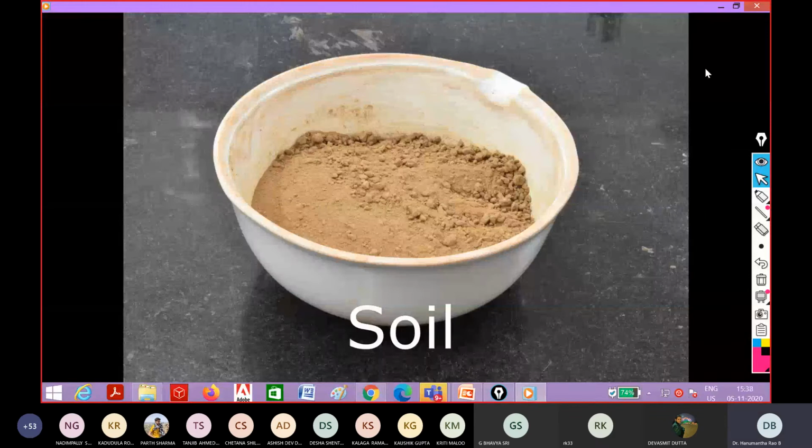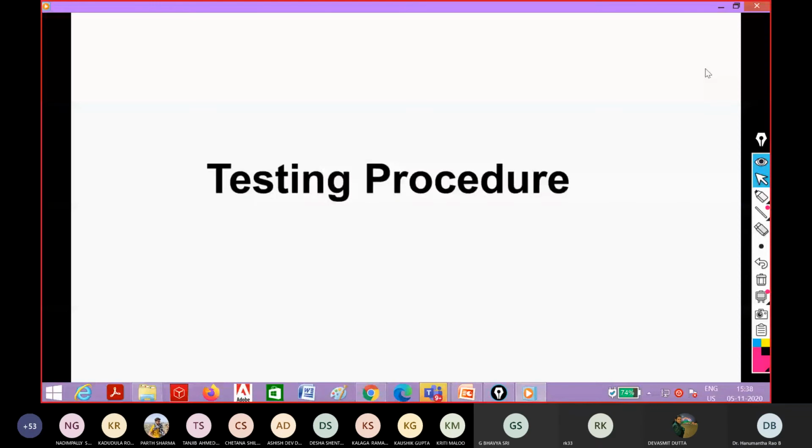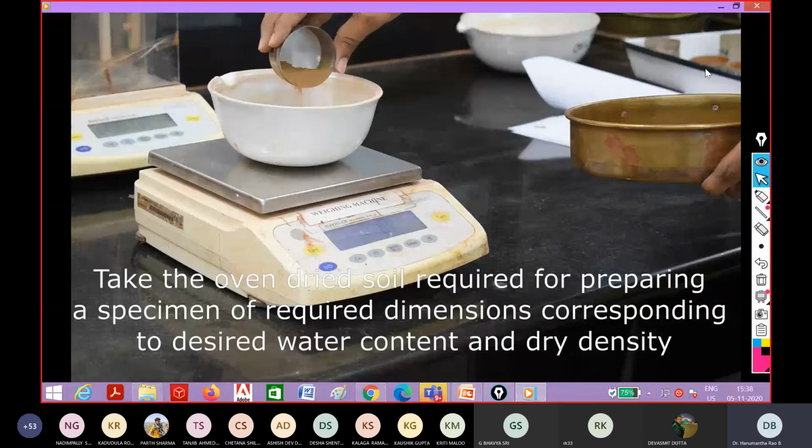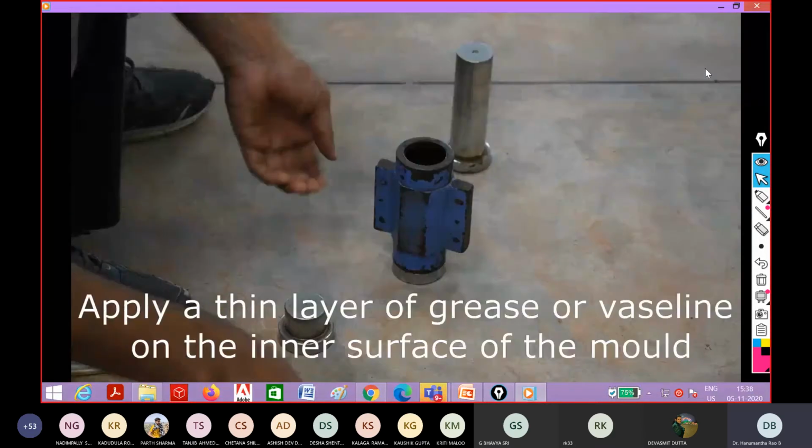First take the soil sample, dry soil sample. Here, first take some known weight of the soil sample. In case of the UCS, the biggest thing is only how to prepare the soil sample. That's it. Once the soil sample is prepared, simply keep it in the UCS testing machine and apply the axial load. That's it. So this is the mold.